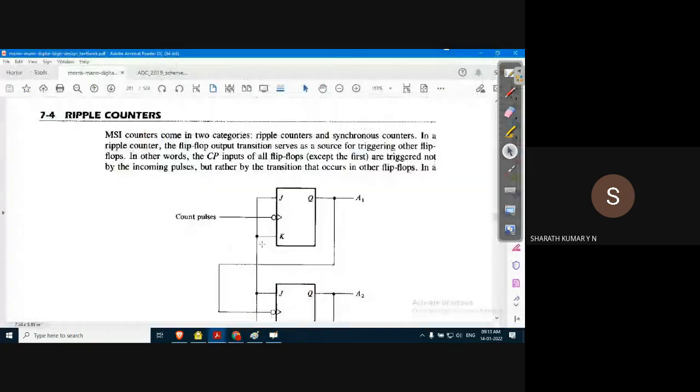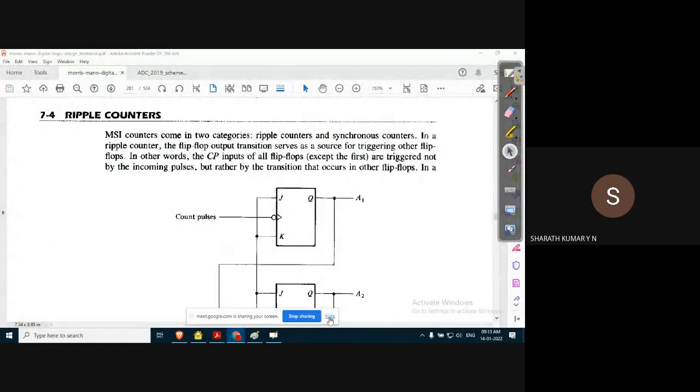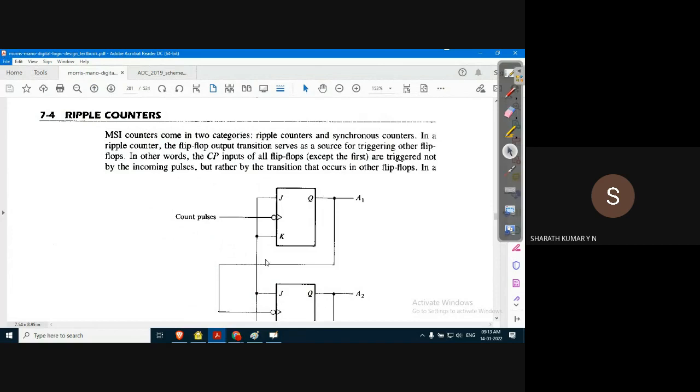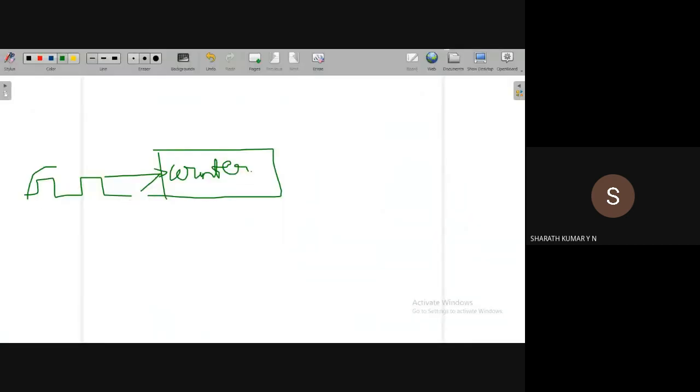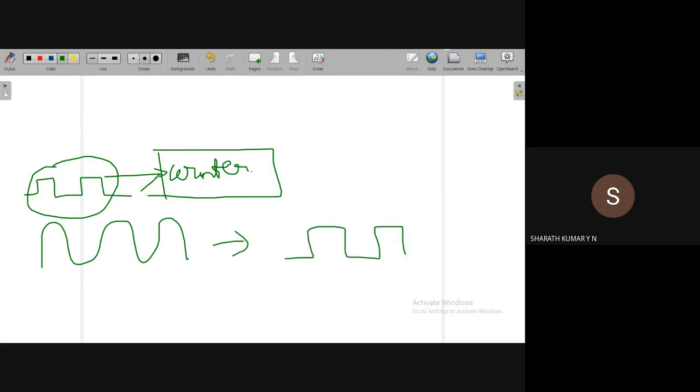Of course, we have discussed crystal oscillator. There are different types of oscillators using which we can generate a clock pulse. That also we discussed when we discussed the crystal oscillator. Clock pulses generated using a crystal oscillator are better because it has better stability compared to other types of oscillators. So the crystal oscillator generates oscillations which are converted into clock pulses, and these clock pulses are applied as an input to the counter. Not only the counter, but other parts of the microcontroller and other digital devices.